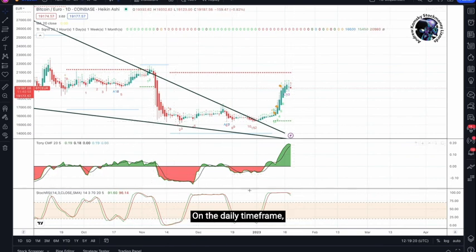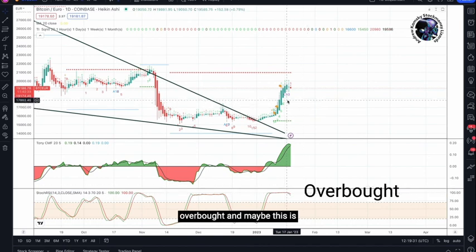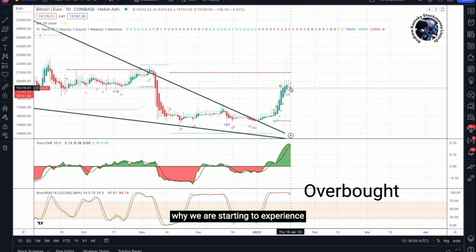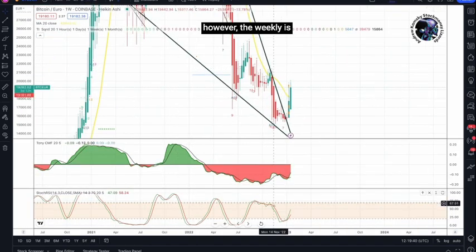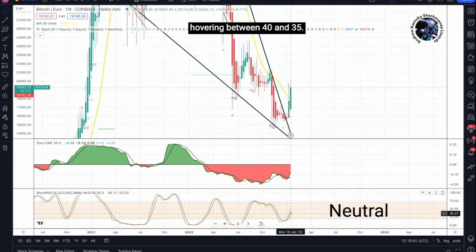On the daily time frame, we can see that the RSI is at a very high level of 98, which basically means that on the daily, we seem to be overbought, and maybe this is why we are starting to experience a bit of a downward move. If we look at the weekly, however, the weekly is hovering between 40 and 35. Arguably, the weekly is looking healthy and it is looking in a good position to keep on rising, which should